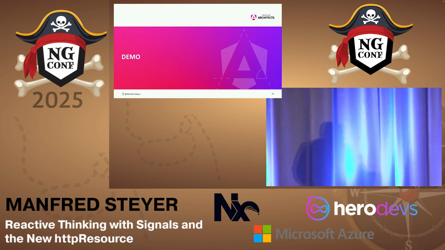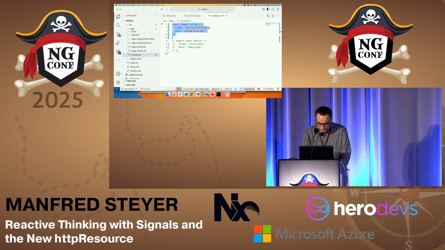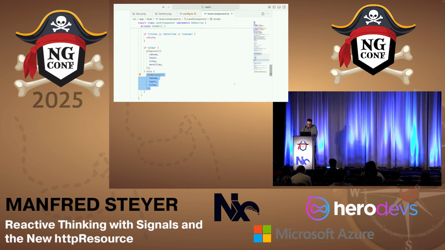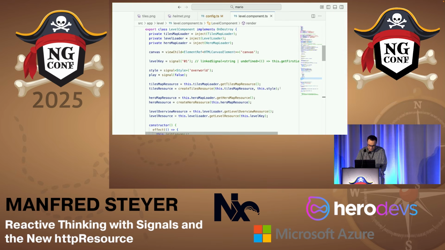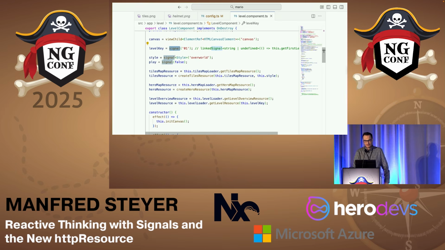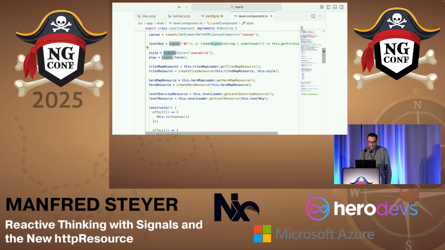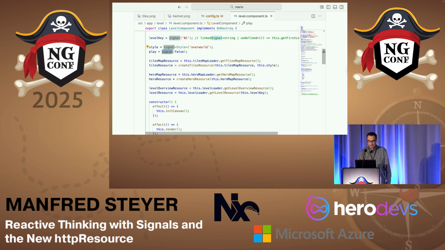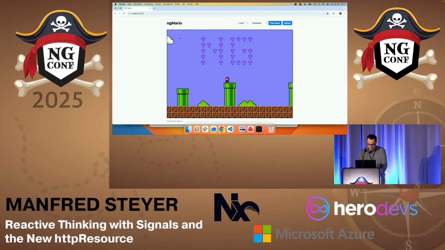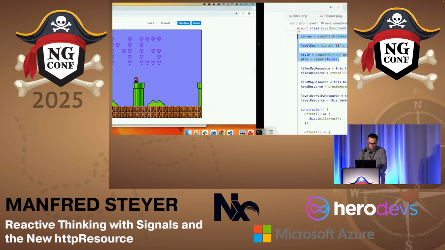So now let's have a look into the source code. So here in the source code, I'm grabbing my canvas via viewChild. I have a signal that is representing the selected level, 1, 2, 3, and so on. I have another signal that is representing the style, the theme, and whether I am in play mode or not. So everything we see here in terms of signals is also somehow shown there: this drop-down field, that drop-down field, the play game, the canvas.